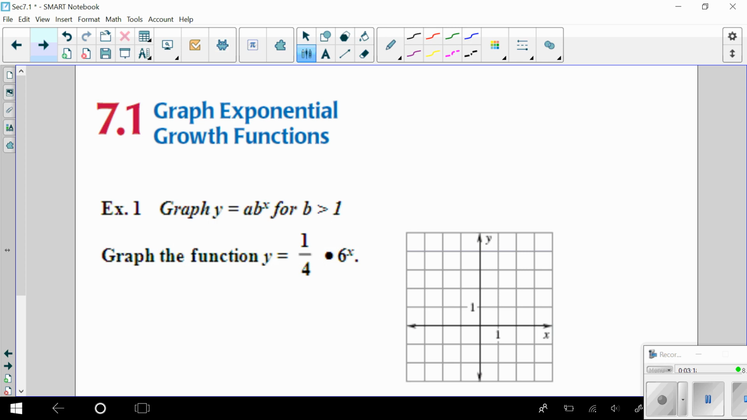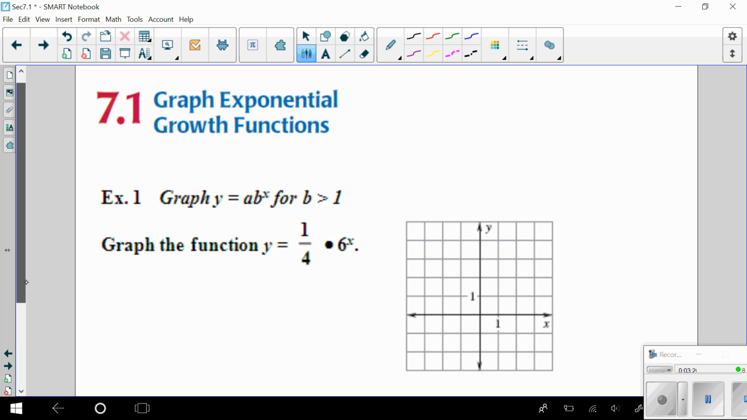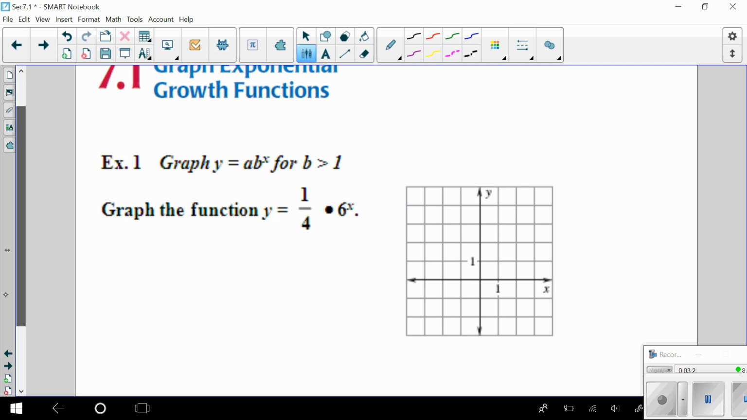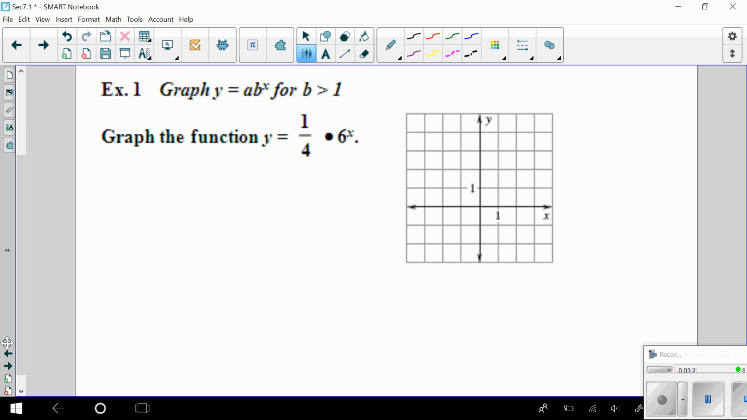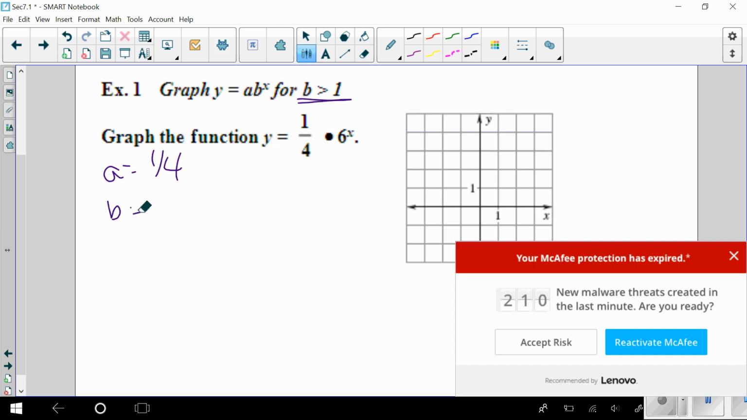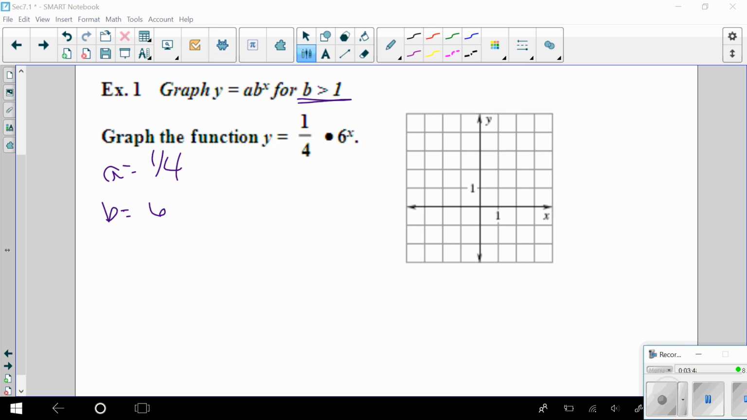All right, let's look at a couple examples. There's a few steps that you're going to follow when you're graphing these exponential growth functions. So we're going to graph the function y equals a times b to the x for a value where b is greater than 1. So we're going to graph y equals, here's our a value, 1/4, and our b value is 6. When we do this, we're going to follow a couple steps. So the first step